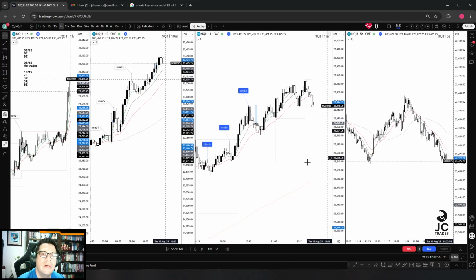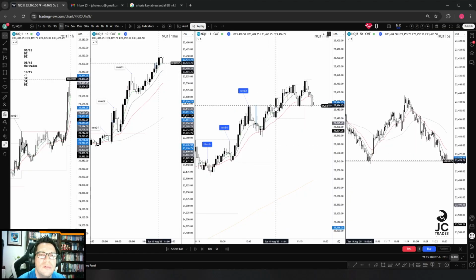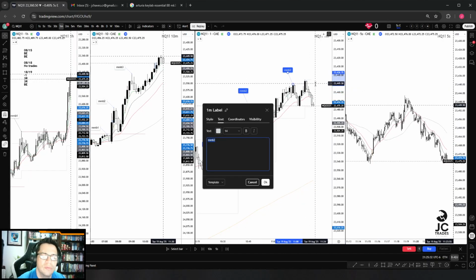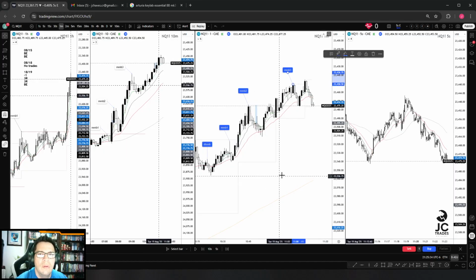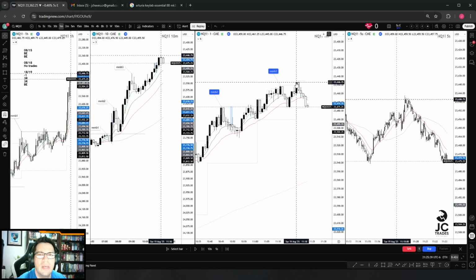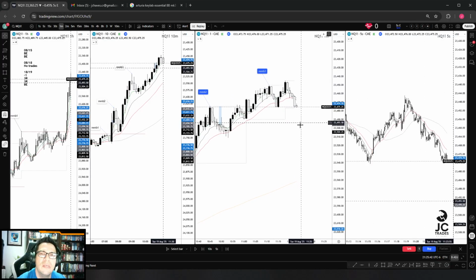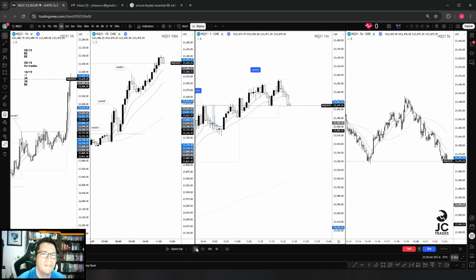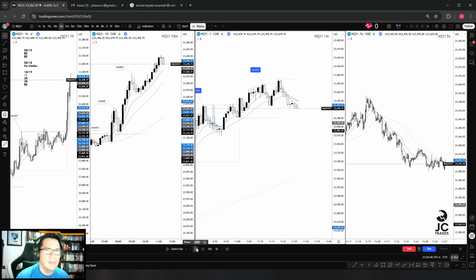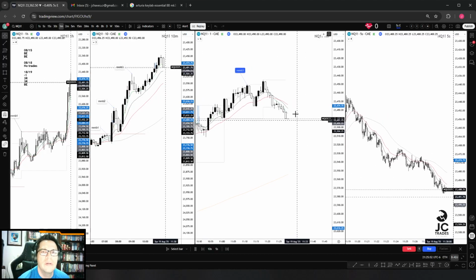So let's see where we are. We actually validated MMB2. So then I would say this was the MMB3 on that move. And then we had basically this move here, which was kind of MMB3, MMB4, but that actually is failing. So let's watch it. We're getting below